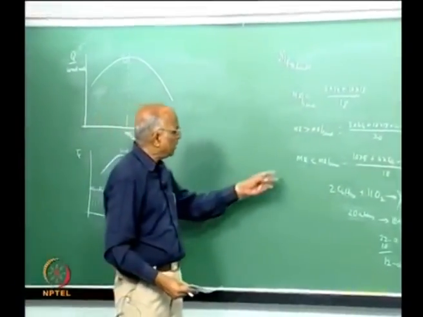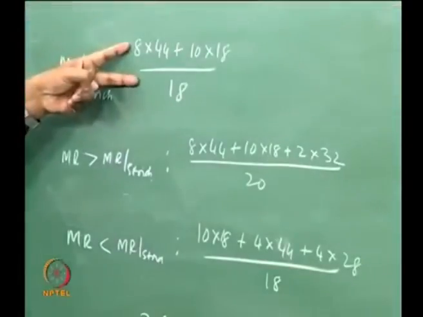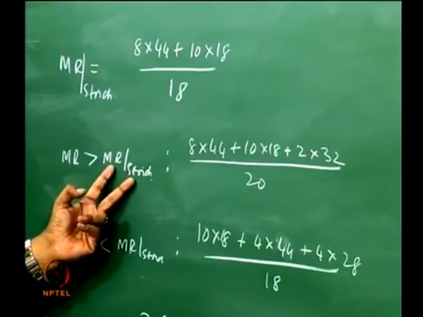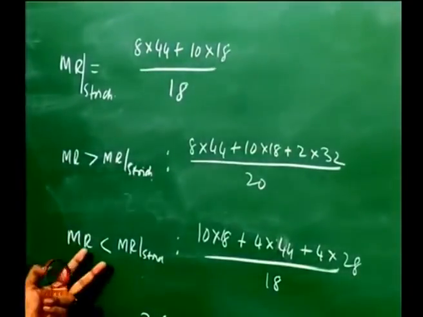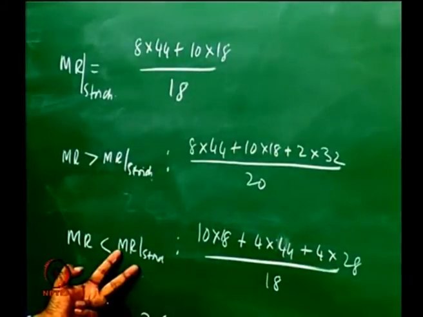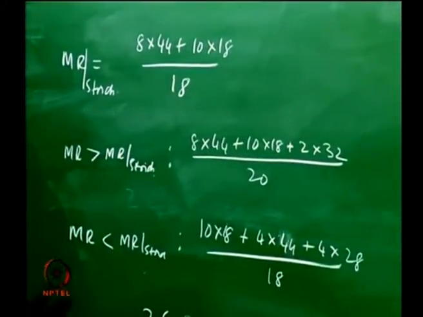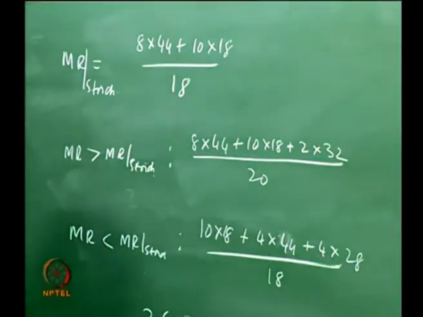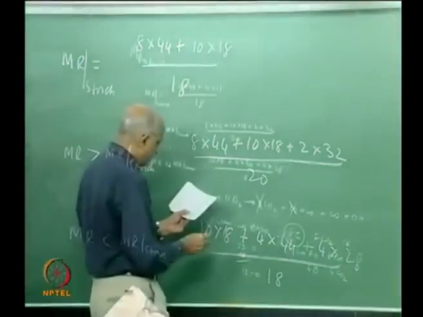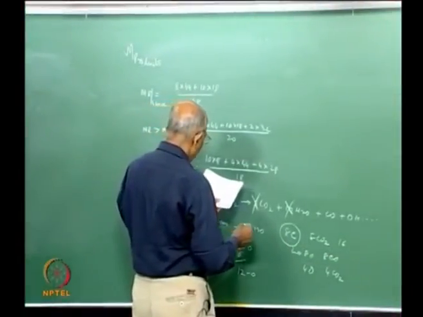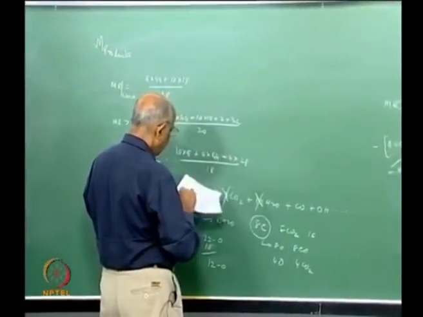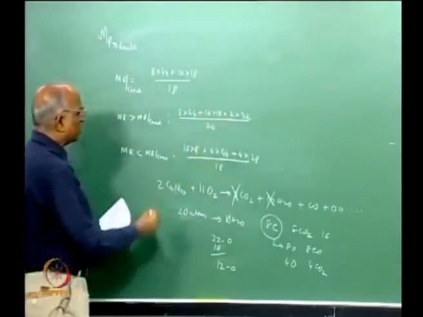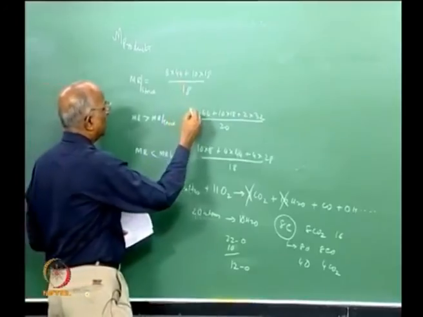What I am looking at is the mean molecular mass of the products. For mixture ratio greater than stoichiometric, that means this is oxygen rich. For mixture ratio less than stoichiometry, it is fuel rich. And what are the values? Let's put down the values. I thought I had calculated them, I am not very sure if I brought it. Yeah, it should be here. Maybe this must be something like 29.5, and this is 26. Let's make an assessment rather than have the numbers clearly.